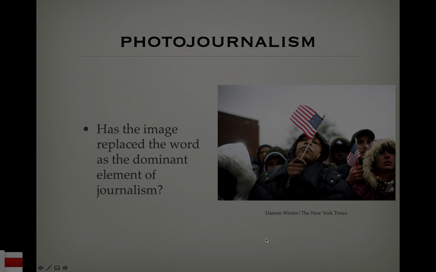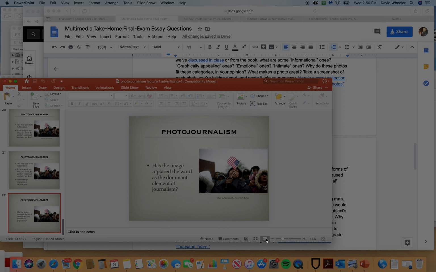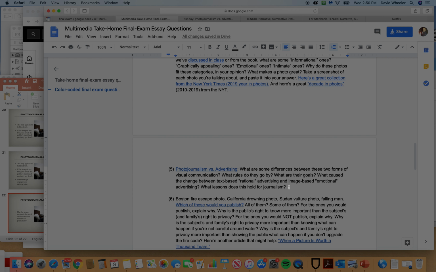Here's a question for you, though, and you can get into this in your answer. Has the image replaced the word as the dominant element in journalism? We know that it has in advertising, but has the same happened in journalism? Is the text more important, or are the images more important? Feel free to get into that in your answer. So that's just a little bit more to help you answer question number 5, if this is one of the ones that you decide to do